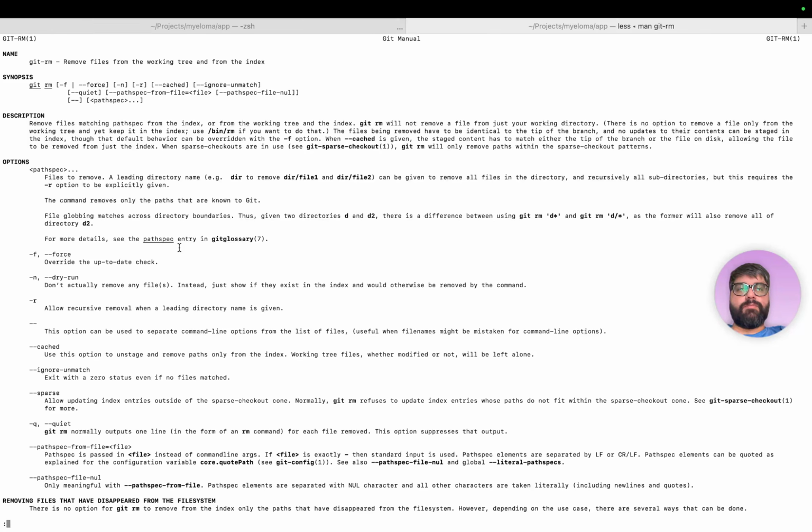So basically, to remove a file from the repo, the files being removed have to be identical to this. Essentially, it needs to be up to date with the newest commit. Since the newest commit, there needs to be no changes on the file, or otherwise git rm will not work, in which case you need to either force it if you just don't care about that file being up to date, you're just removing it, or you commit it, or maybe another thing is you could stash the changes and come back to it later.